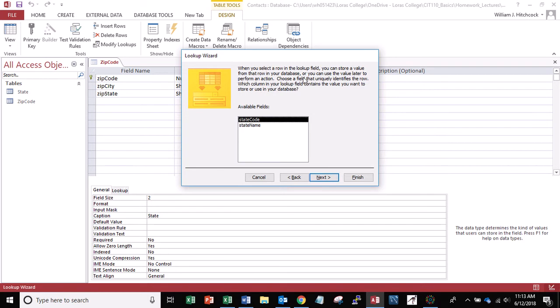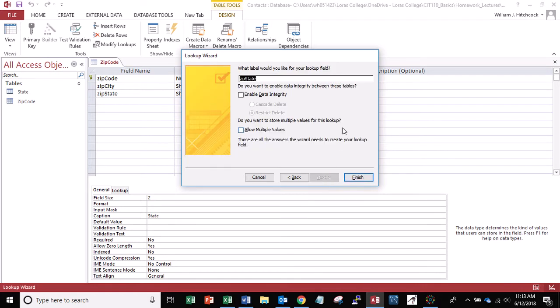When I select the row in the lookup field, I can store a value. Normally this is just whatever it says there. It's going to use the primary key. That's what we want to choose. So hit next. And the last screen of this lookup wizard, it gives us a couple of